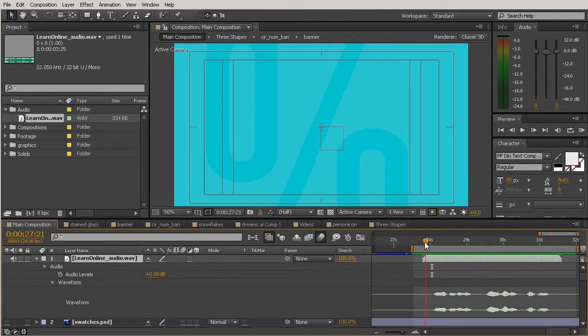Now, what if I only want to hear my audio? I can use the period key on my number pad to just preview the audio. So that's right there next to that 0. And if I hit that,